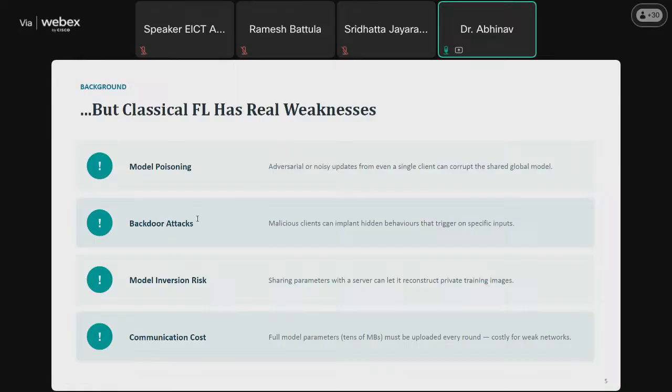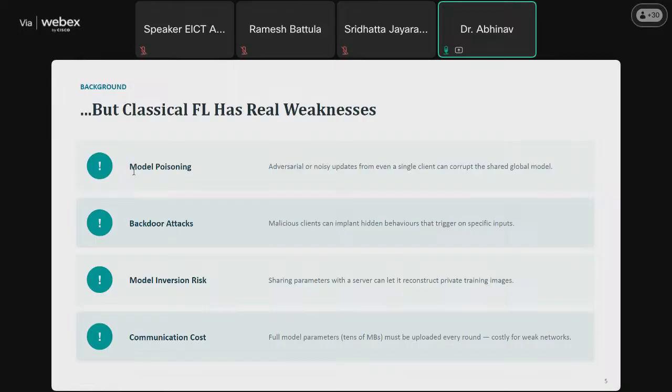Although federated learning keeps the patient data local, it introduces several security and practical challenges. Let's discuss them one by one. First one is model poisoning. In federated learning, the central server assumes that every client behaves honestly and sends genuine model updates. But what if one client is compromised? Instead of sending correct model parameters, the malicious client can upload manipulated or noisy parameters.